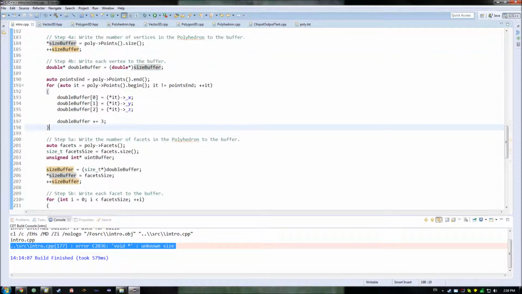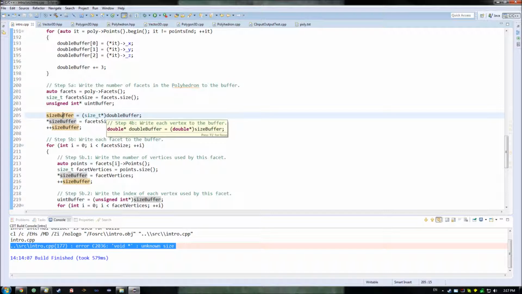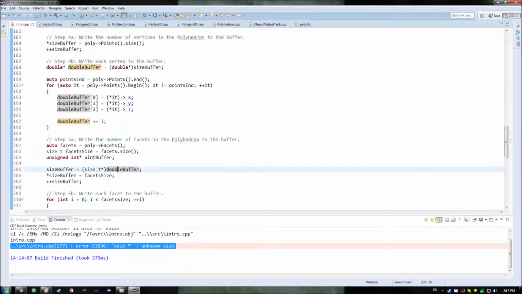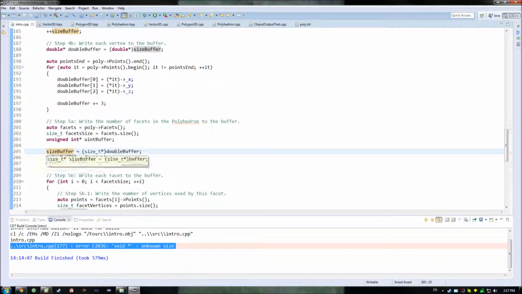So then, once we have those written out and we have all of our different vertices written, we now output our facets. So we need to output the number of facets, so once again we need to convert our buffer back to size style buffering. And one of the important things is that each one of these I end up reusing the same names throughout here. So if I use double buffer later on, which in this case I actually don't, but because I'm using size buffer down here and size buffer up here, I do have to remember to assign this